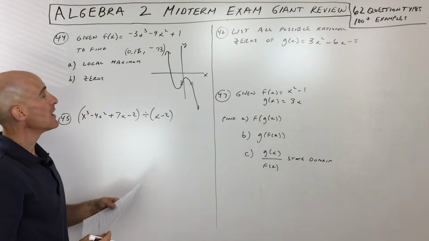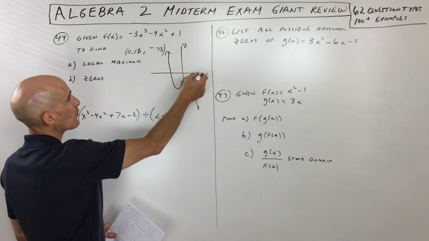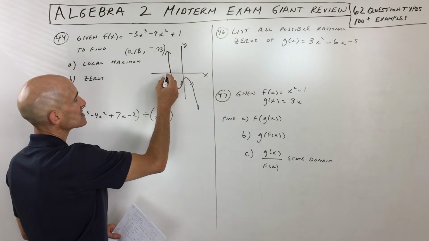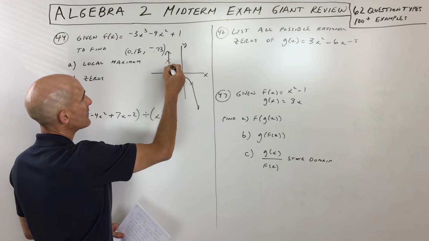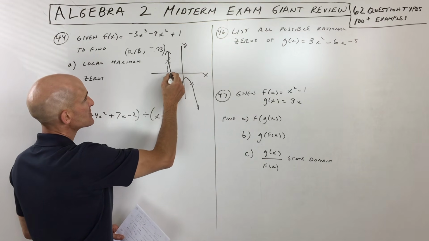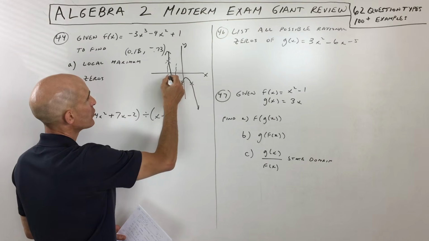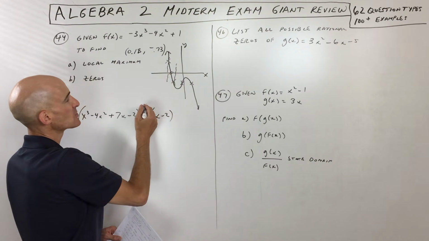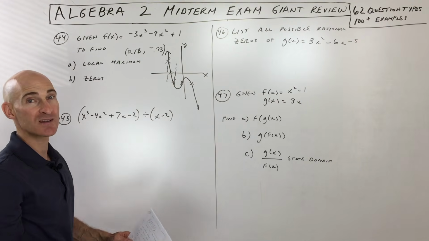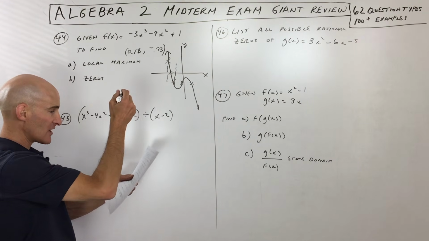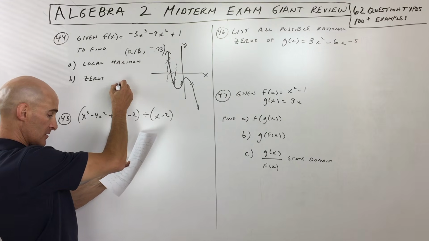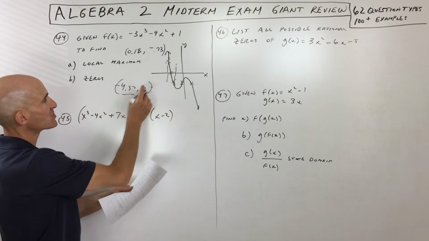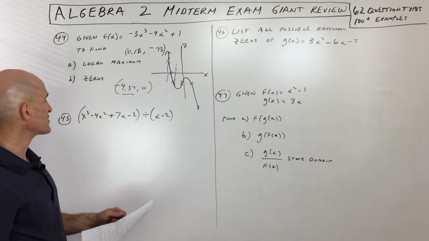And then the zeros, same thing. You're trying to find where the y-coordinate is 0, meaning you're looking for where it crosses the x-axis. Again, you're going to pick a point to the left of that 0 and a point to the right of that 0. One should be above the x-axis, one should be below, and you would say calculate, and it would zero in on that particular 0. No pun intended, right? And so you should get negative 4.37 comma 0. That's the location of that 0, that x-intercept.